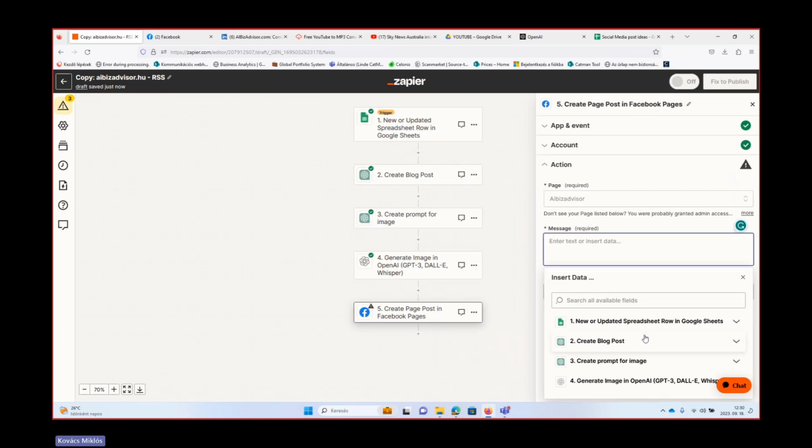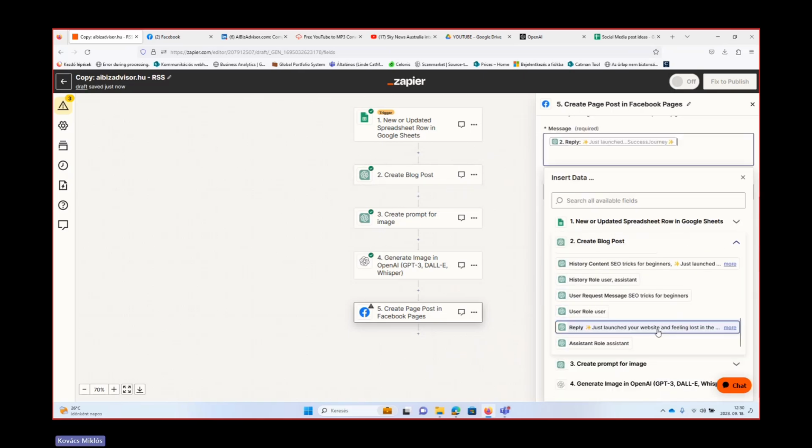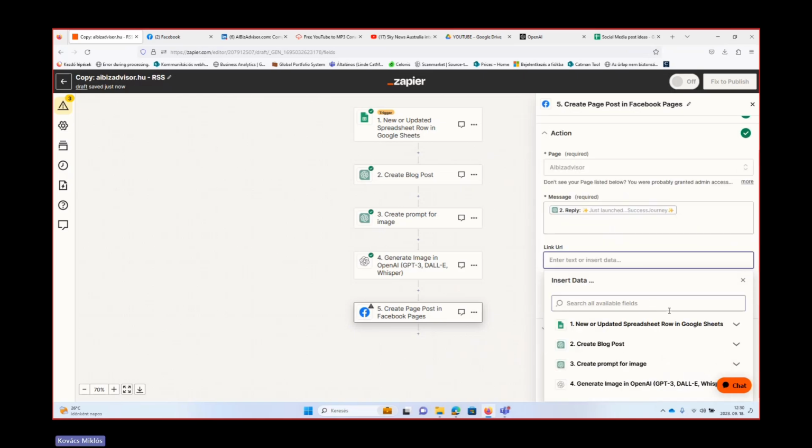And here what we will need. So we created the Facebook text basically here in step 2. So I will need this prompt here, right? This will be the text. And then I need an image as well.